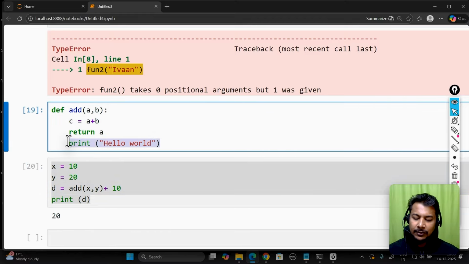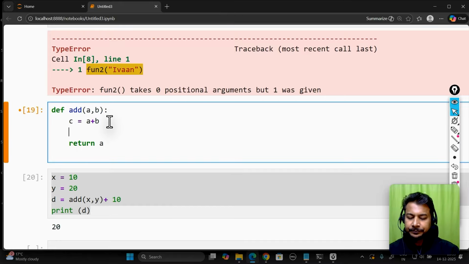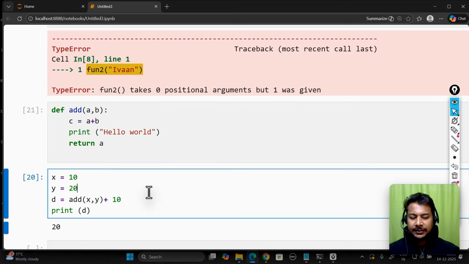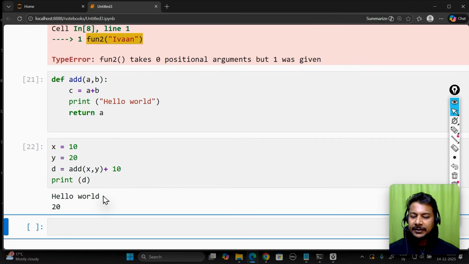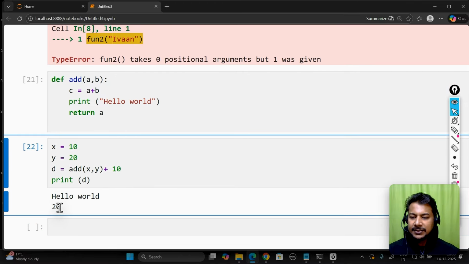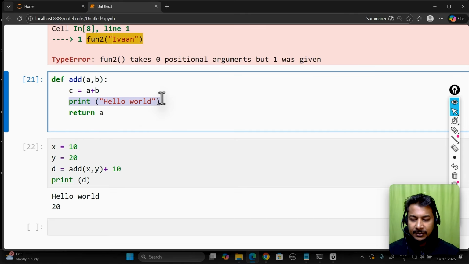But if I put this hello world here, then run it and then run it here. Now I can see I'm getting the hello world statement and 20 result. Hello world statement this time is coming before the return statement. But whatever comes after the return statement, the interpreter will not execute because the return is a final result of the